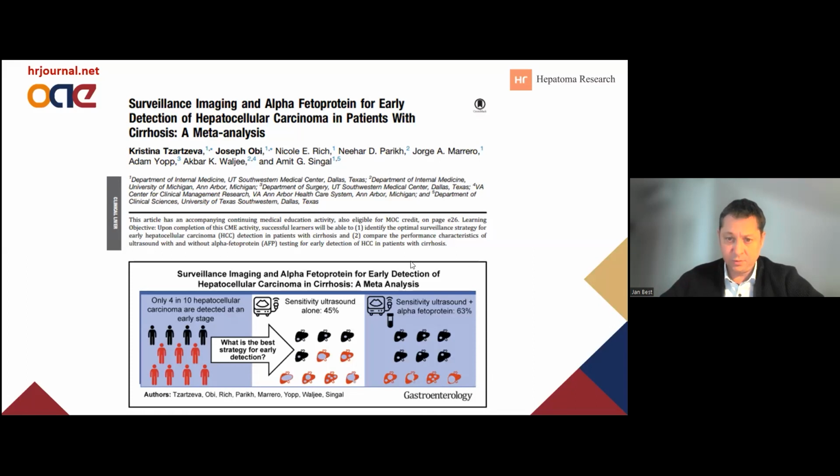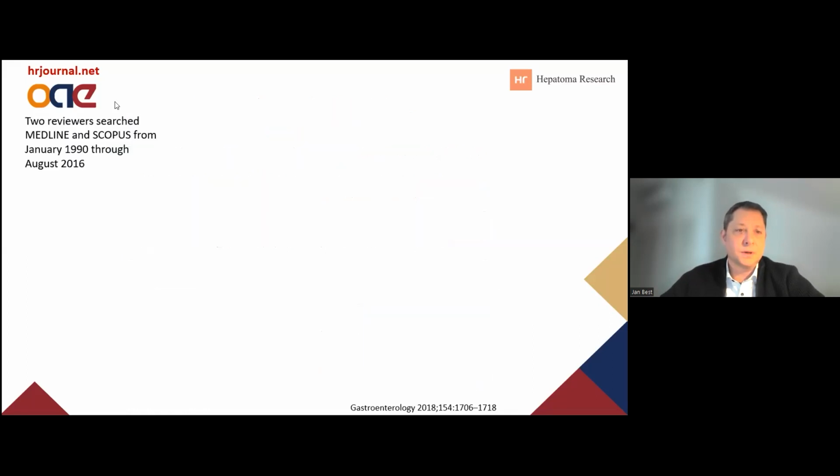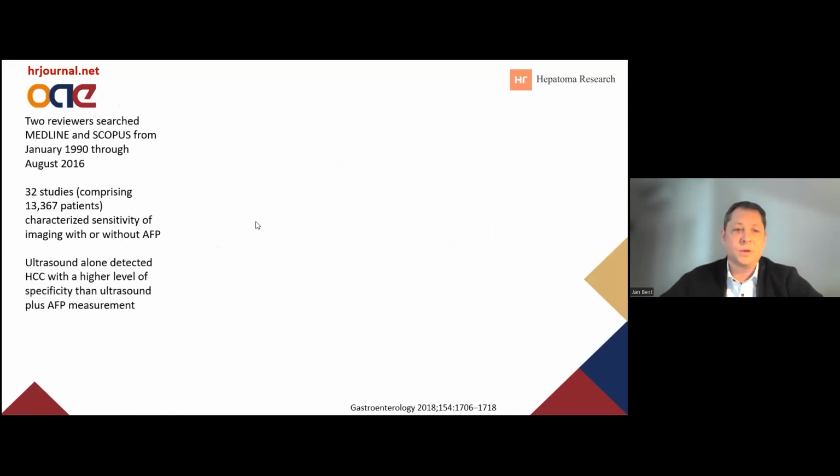And if you add ultrasound and alpha-fetoprotein together, then your sensitivity increases to 63%. And this is very big data. There was a surveillance period in which 2 reviewers searched Medline and Scopus for about 25 years of data, and there were 32 studies comprising 13,000 patients included, and they characterized the sensitivity of imaging with or without alpha-fetoprotein, and